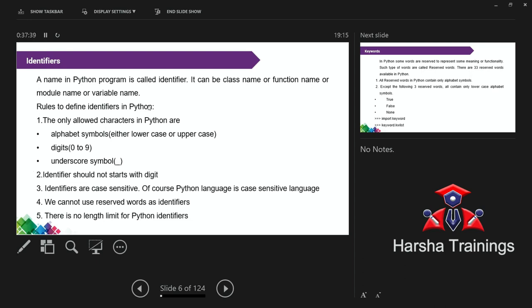What are the rules? Remember, the identifier rules in Python and C are both the same. In Java also both are the same, except Pascal. Except Pascal, the remaining things are the same. An identifier contains three things. What are the three things? Letters. Letters in the sense alphabets, A to Z. Remember, what do you mean by case sensitive?